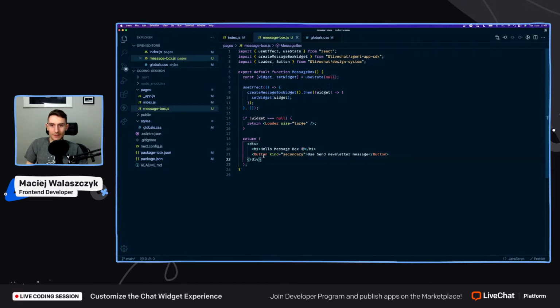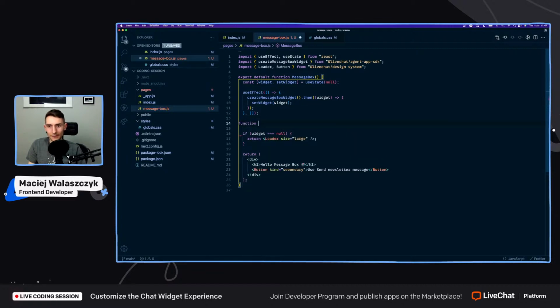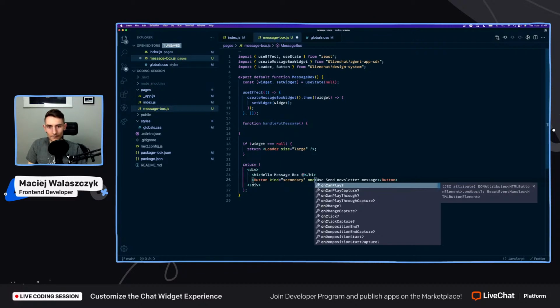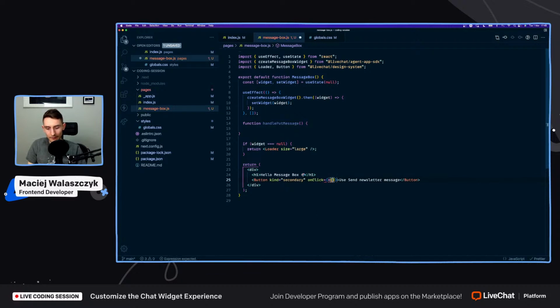We have the widget instance, and we have this button, and we would like to put this message according to the documentation on the actual button click. So let's define this function. Handle put message, for example. We will call it on button click handle put message. All right, and here we will use widget put message,